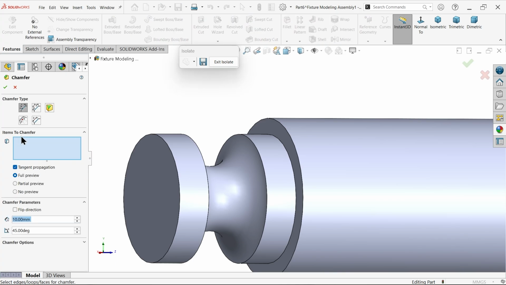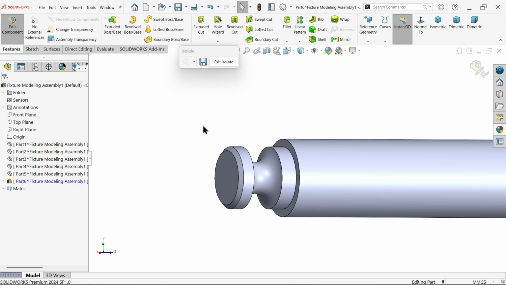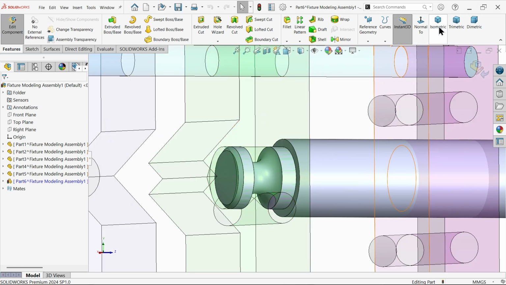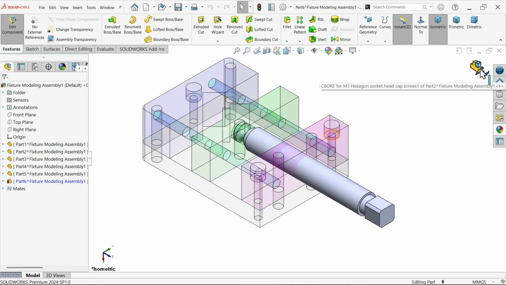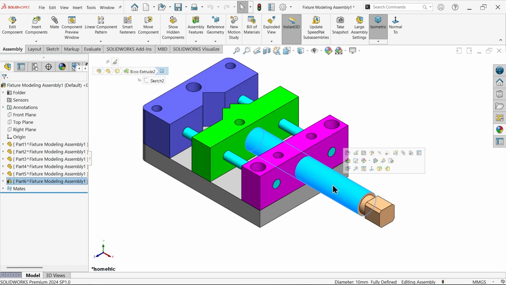Now look, chamfer, angle, distance, tangent propagation, full preview. Now here 0.5 into 45 degree. Let me select this. Say okay. See, exit, isolate. Now let me exit. Now if I am going to open this part,